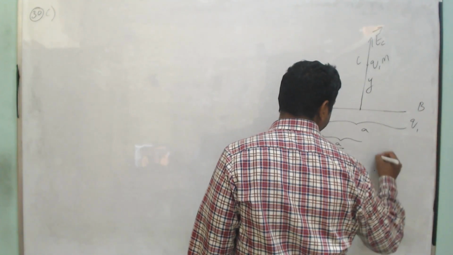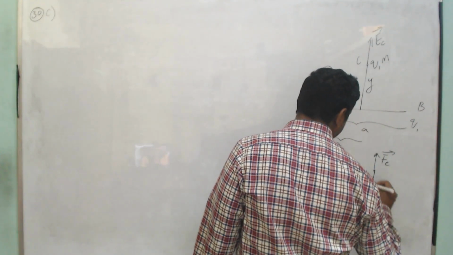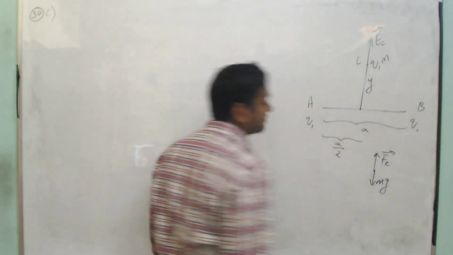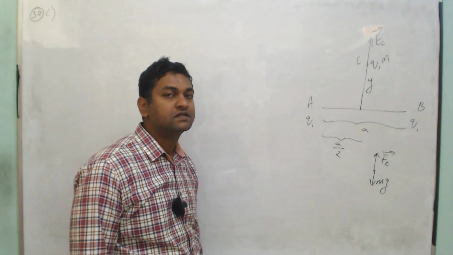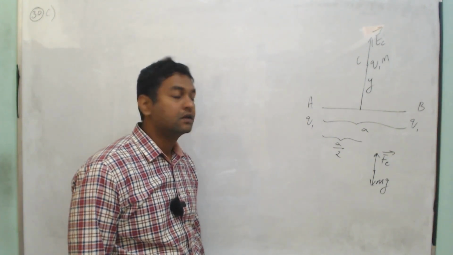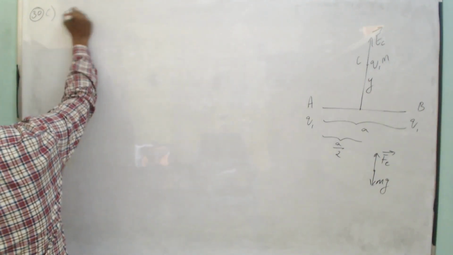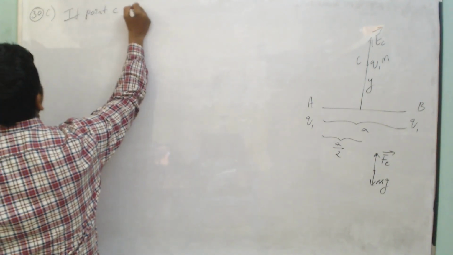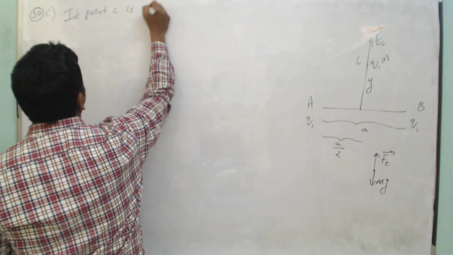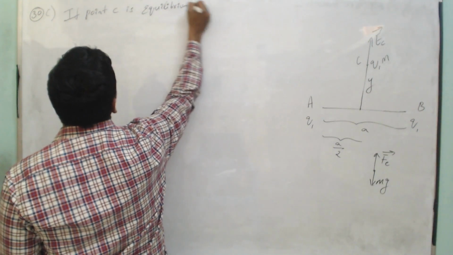There will be an electrostatic force in the upward direction. And because mass is also given, I will have to consider gravitational force in the downward direction. Is this clear? So, if point C is an equilibrium position or equilibrium point,